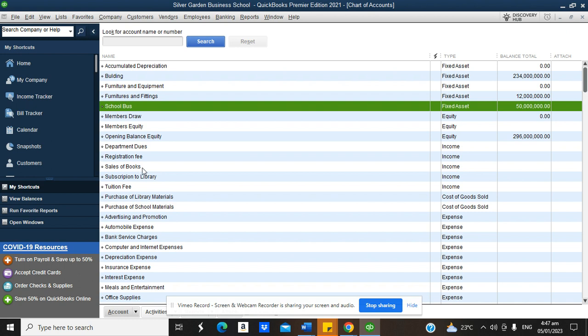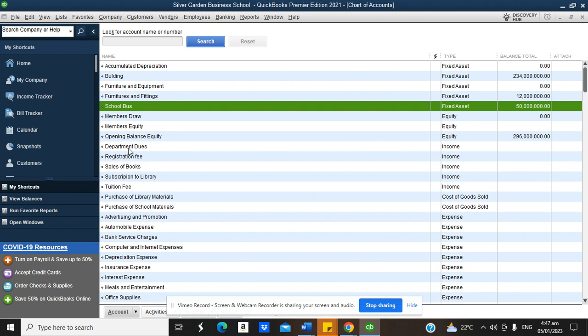So for a school, you have your income head, you have your expense head, you have your direct cost, you have your asset. You can also add your liability as a school. So that's why chart of account is important. Why you need to build this is it is what determines how your financial reports are going to be displayed on your system. If your financial reports are going to be displayed correctly, your chart of account has to be